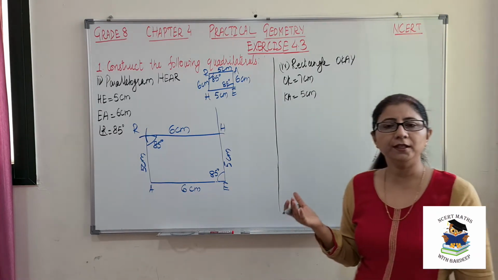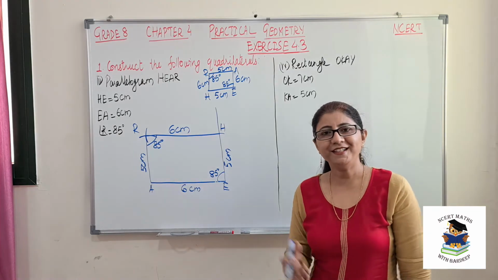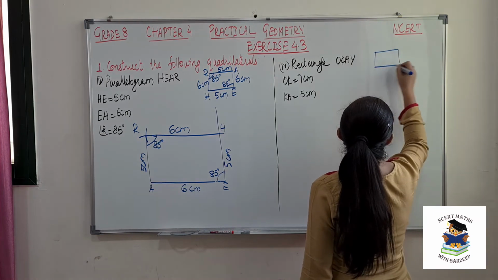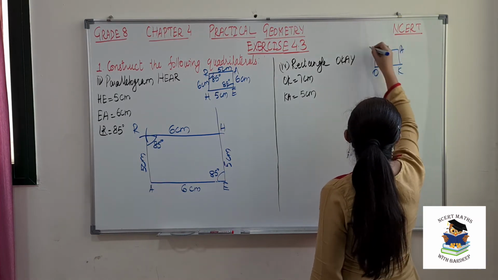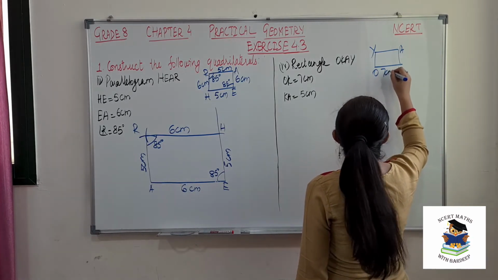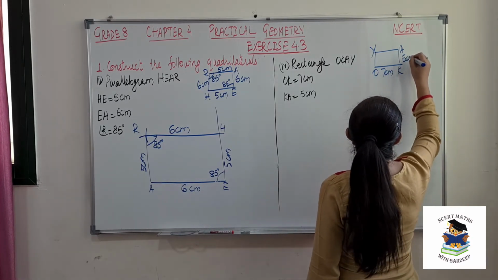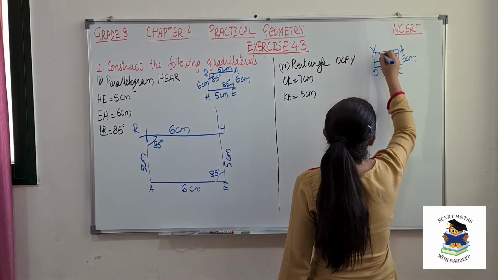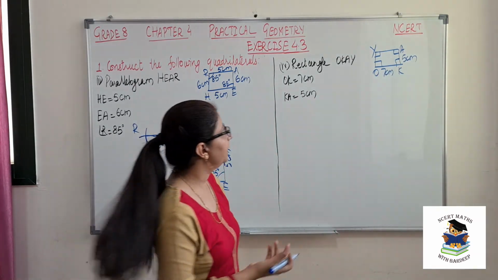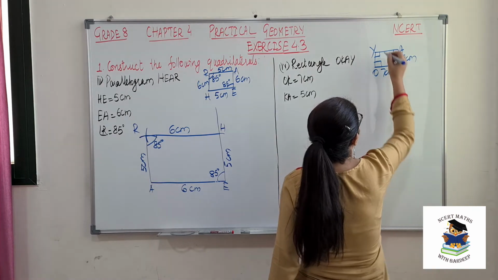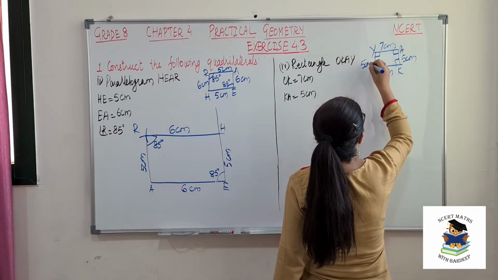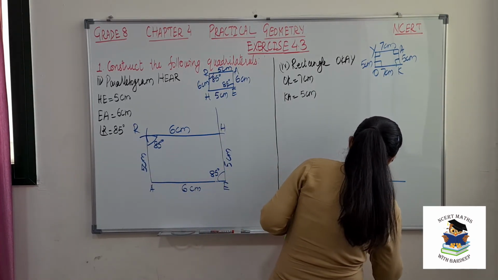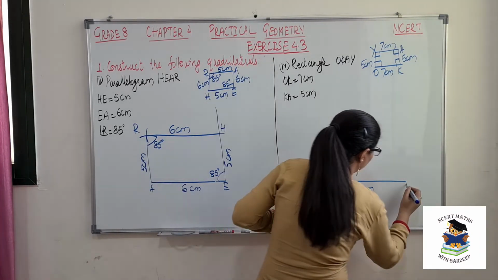So the rectangle's property is each angle is 90 degree and opposite sides are of equal length. So let's make first a rough sketch. OKAY. OK is 7 centimeter and KA is 5 centimeter. So since each angle is 90, we can use any side as base. I prefer this 7 centimeter. If this is 7, this is also 7 and this is also 5 centimeter. So now let's draw one line 7 centimeter long and name it OK.